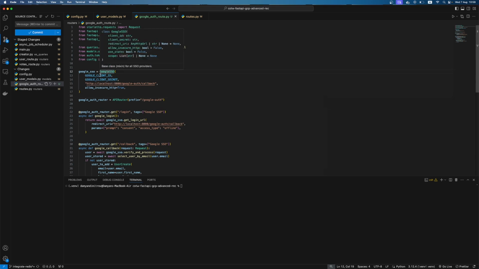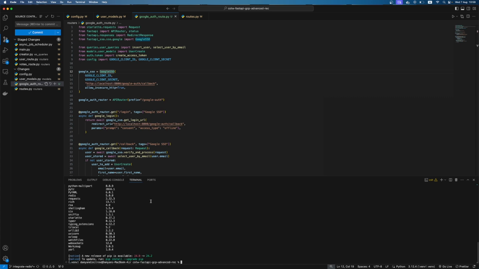I take this object from FastAPI SSO. Let me show you which exact package this is, and you have to install it. I'm using FastAPI SSO 0.15.0.